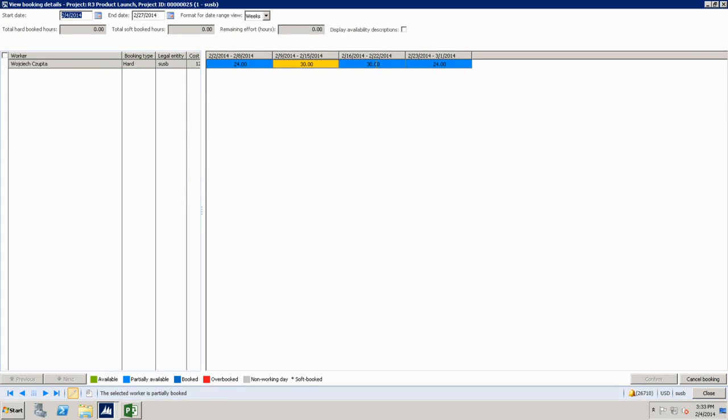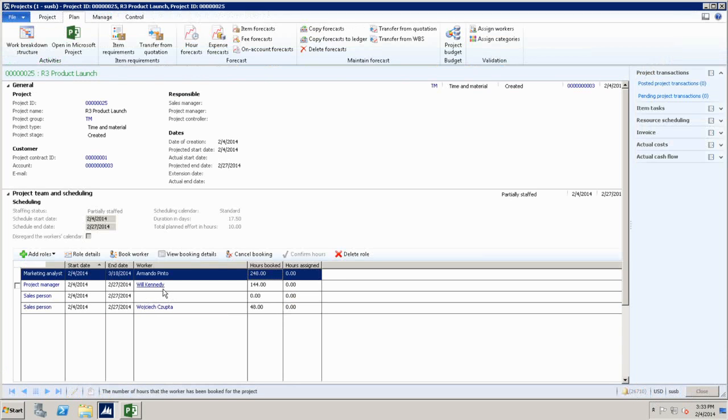So you have this cancel booking right here. You can choose any period of time that you want and you cancel them. For example, I go here and I cancel you. So now you're completely available on those 2 days and your booking will be readjusted. You will see the start date and end date adjusted to reflect what you just did. I don't think the start date and end date changed because I changed it in between, but if it was impacting the start date and end date, you would have seen that.